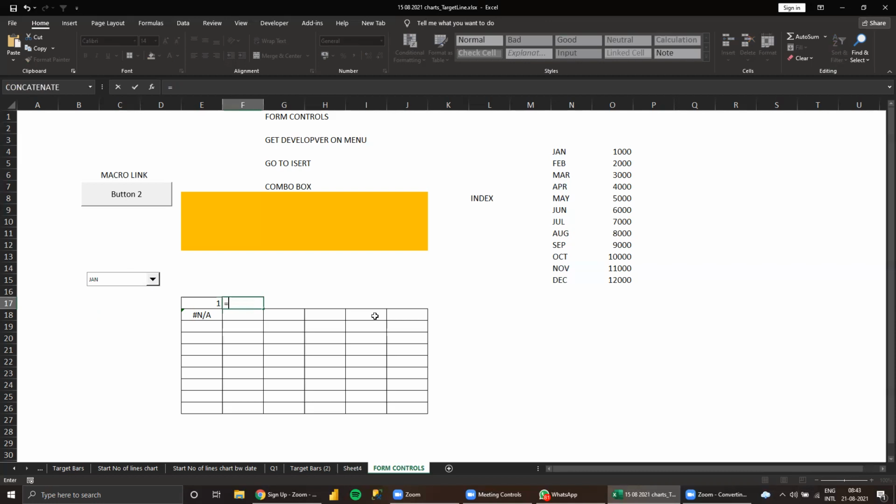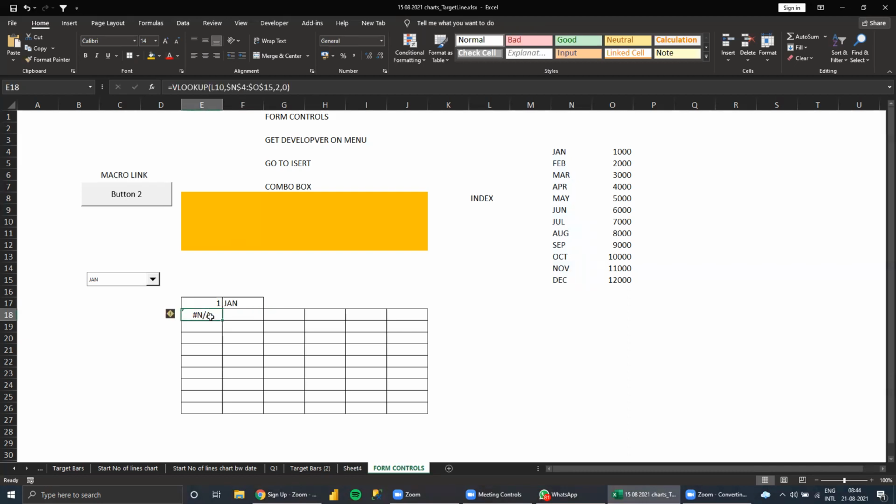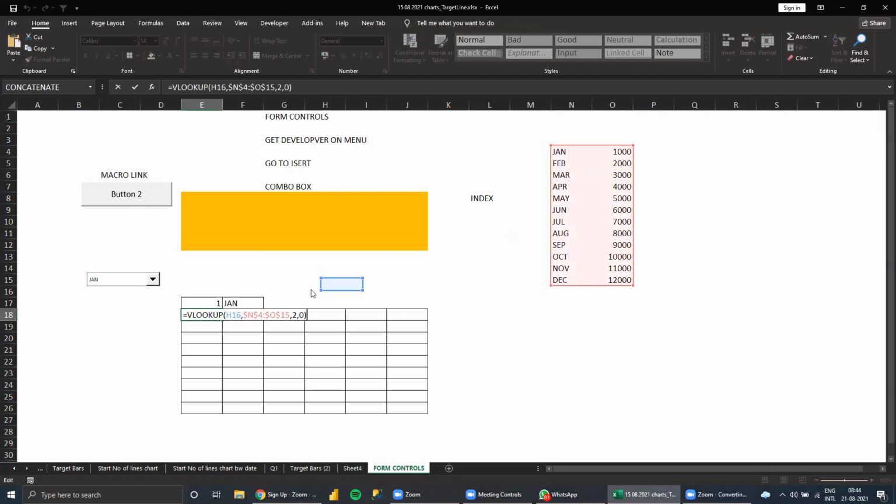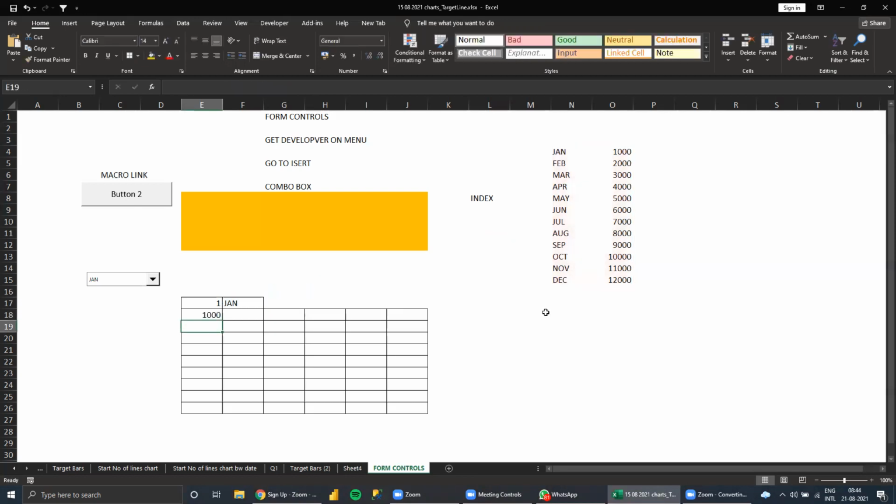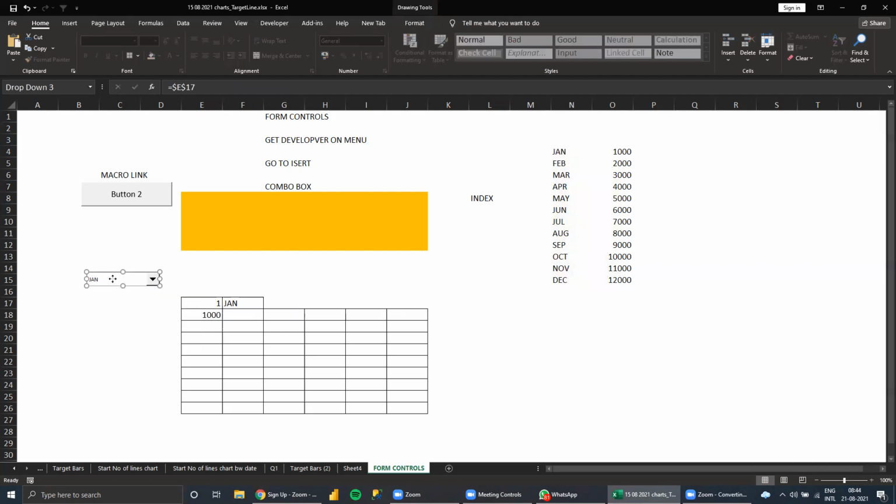Then here I can use the INDEX formula. The list may be in some other sheet, where I give the list of all the names for the control purpose. So here INDEX, then what is the row number? This. Now for the VLOOKUP, the lookup value comes from here. So instead of this, I'll select here. Now we get this, and I'll place it here.